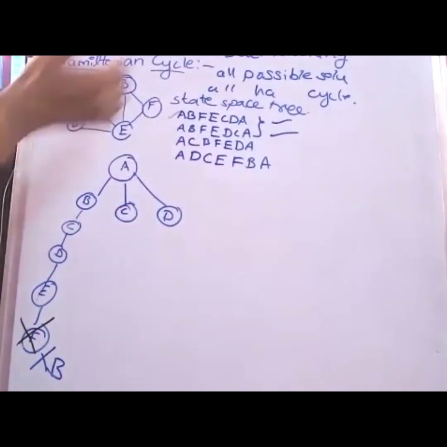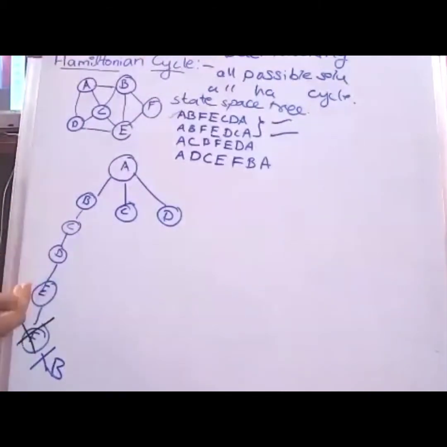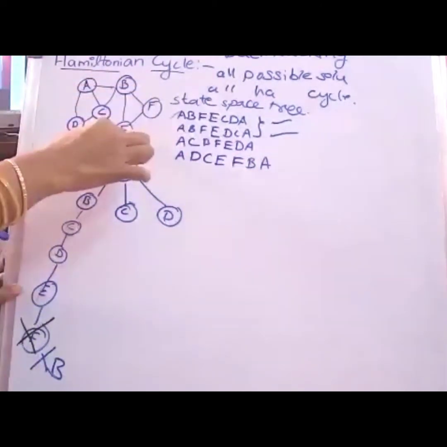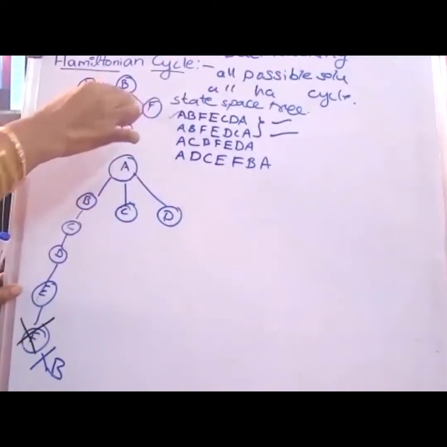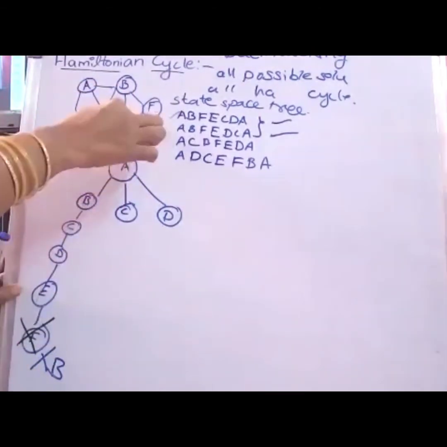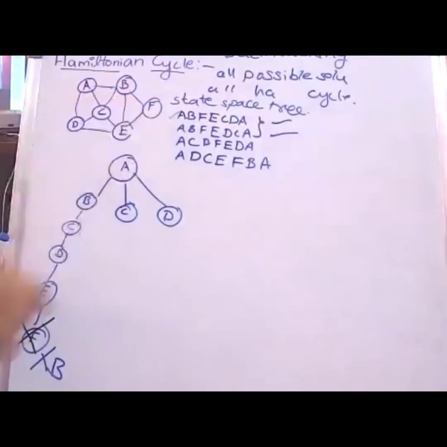After this, according to the backtracking technique, I need to try to find one more possible solution by going back. From E, is there any path to unvisited vertices instead of F? E is connected to the adjacent vertices B, C, D, F. B, C, D are already covered in this path. The only unvisited vertex is F, which we already tried, but it is not giving our solution. That is not a Hamiltonian cycle.